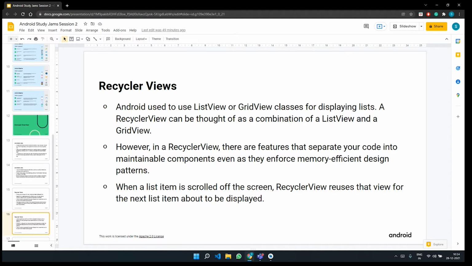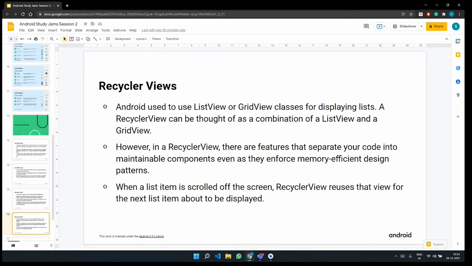So again, technically, we have been discussing that in the previous slide as well. Once you scroll that list item off, InShorts is again the best example for understanding how exactly a list view works. We saw that complex text or images can be represented in the form of a recycler view, and once you finish reading the particular news article, we swipe up so that the next article appears.